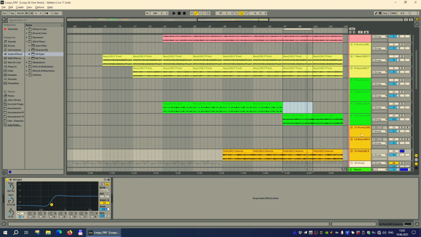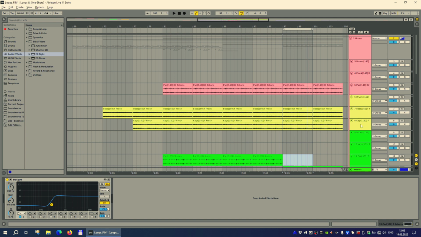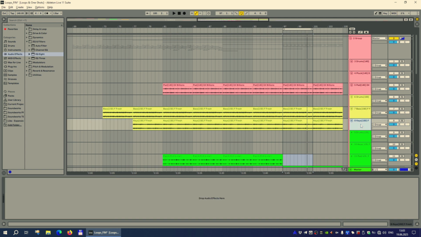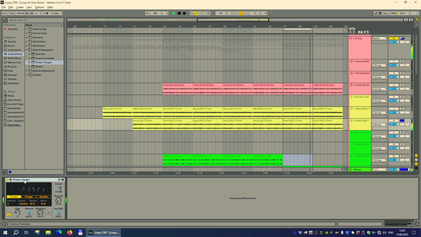And finally, I already worked on the pads track, so now let's go to the keys track and add phaser flanger. Okay, so I adjusted the rate a little bit.